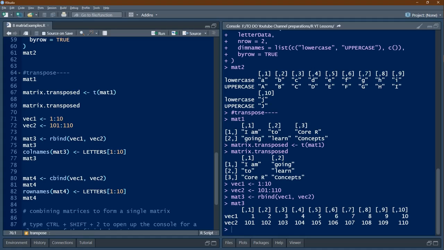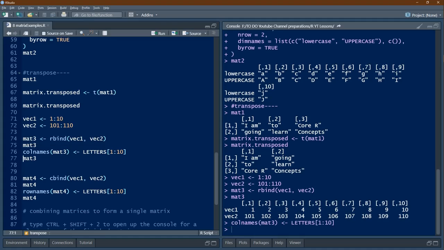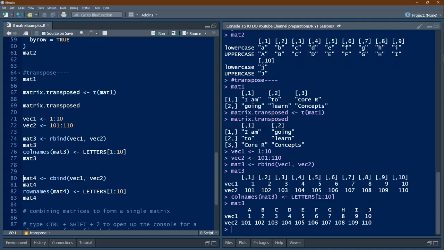So we will now give specific column names using the colnames function. Colnames will offer uppercase letters, A onwards, 10 letters. Now let's see what is mat3. The column names have been given as desired, and the row names, based on the data which we have fed, R has given.